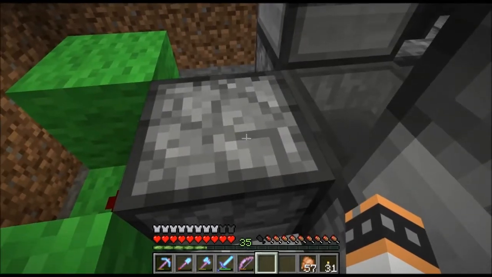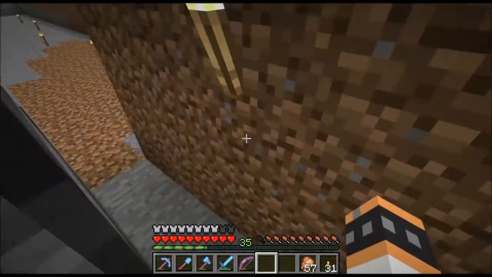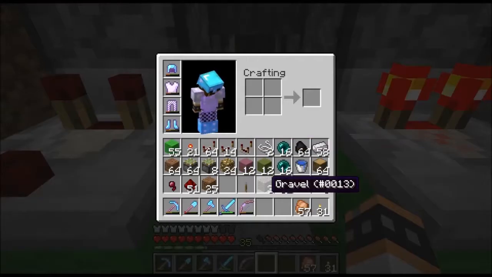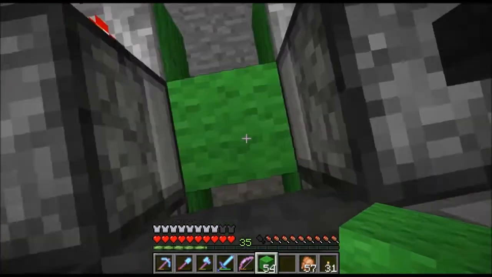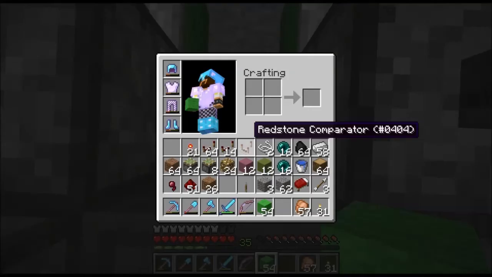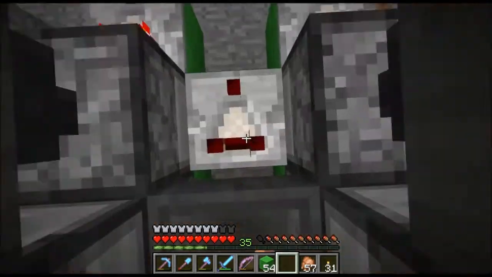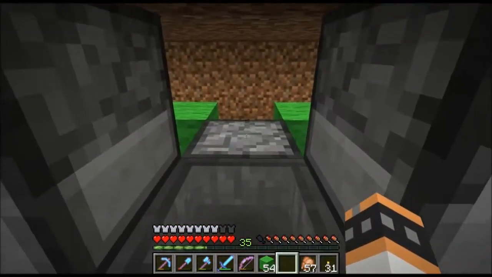And you put a piece of dirt in there. Or you can use anything. Okay, and now I need a comparator here. Am I going to be able to hop? No. Yeah. Oh, good. Okay. Put a comparator there. So that one's off, and when...